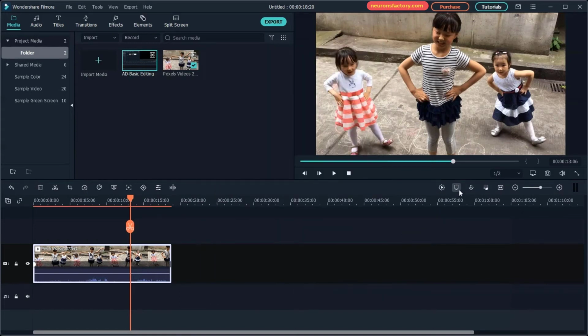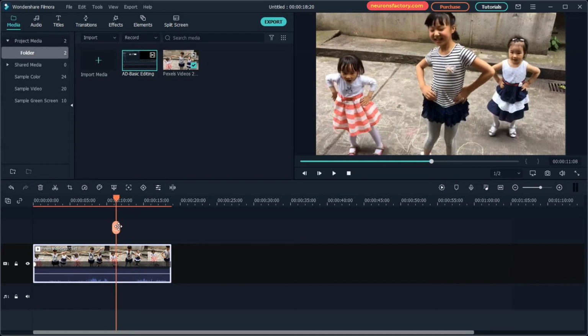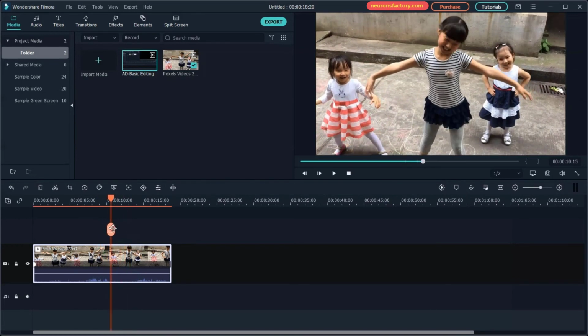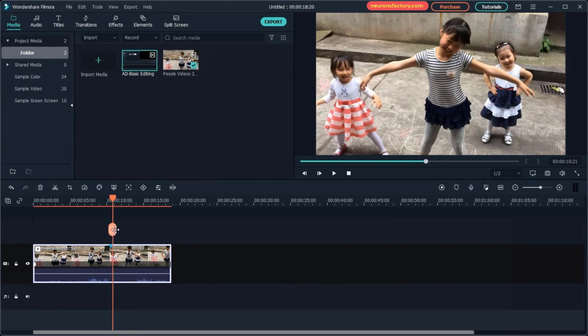The Add Marker icon is used to add markers to the clips and project timeline. Markers allow you to bookmark specific points in the timeline of a video or project. It saves you time because you don't have to scrub back and forth in a clip to find a specific moment. Highlight the clip and move the playhead to the location you want to bookmark. Click the marker icon or press M to create a bookmark on the clip.